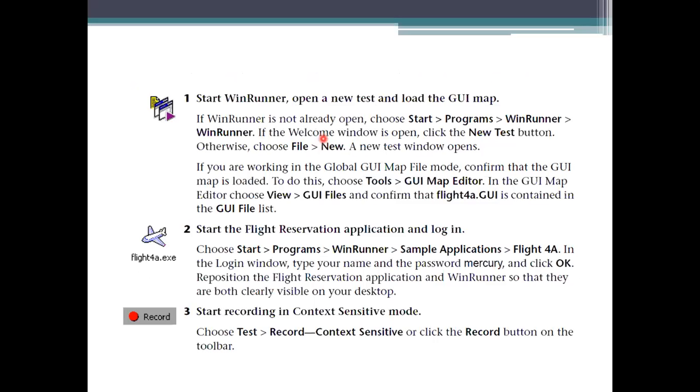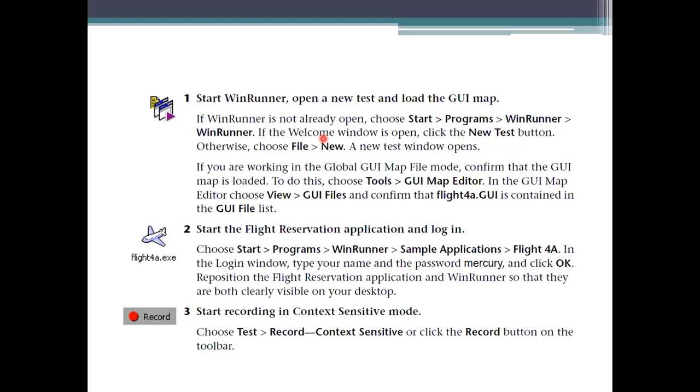Okay. And coming to the starting of that one, as we know how we are going to start the programming, that is this testing process. First, we need to start WinRunner and go for the flight 4A .exe app, and we are using this for the two versions, 4A and 4B, as we see in GUI checkpoints. So first start WinRunner, go to Start, then Programs, select WinRunner.exe, start that one, it will be opened. In that we have to select the new test, and this new test will be displayed. Just place the handy icon on the flight reservation one.